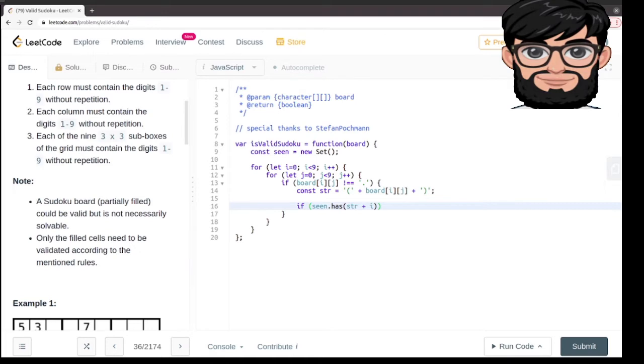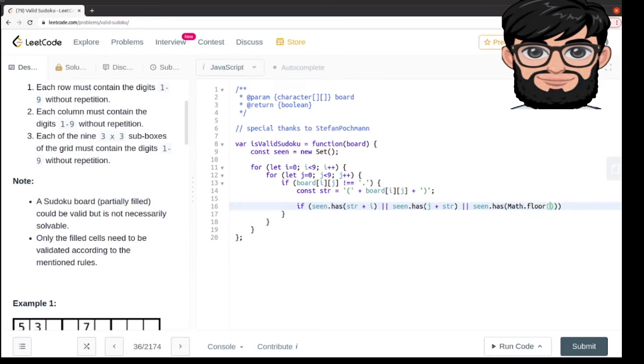There are three different values which we want to make sure we don't have in our seen set. One is the string plus i, which is basically the row. The other one is j plus string, and the third one is going to be the Math.floor of i divided by